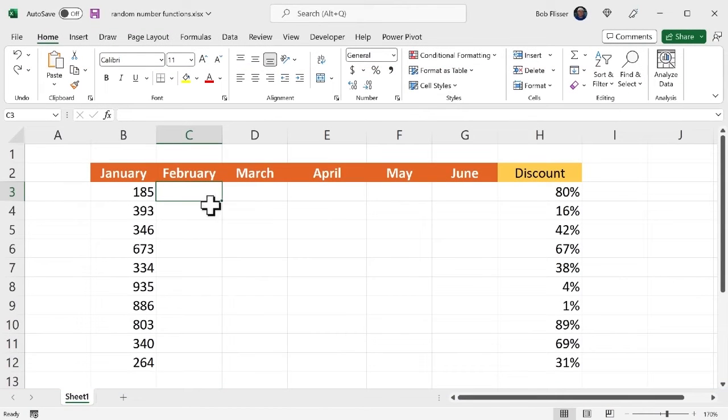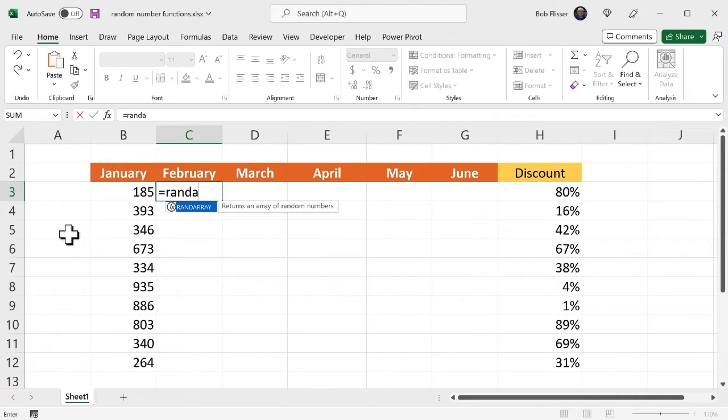So right there, and notice I'm not selecting other cells. I'm just staying put there. I'm going to say equals RANDARRAY. So I want to have 10 rows, comma, 5 columns, and that's including the column that I'm in right now. Like before, I want the lowest number to be 100, comma, the highest number to be 999. I want integers,